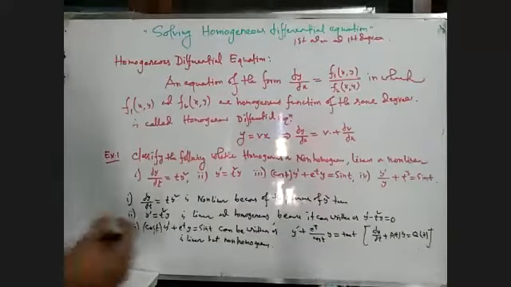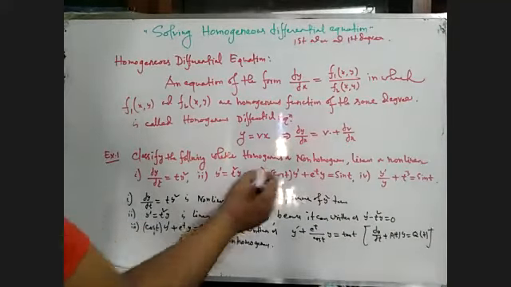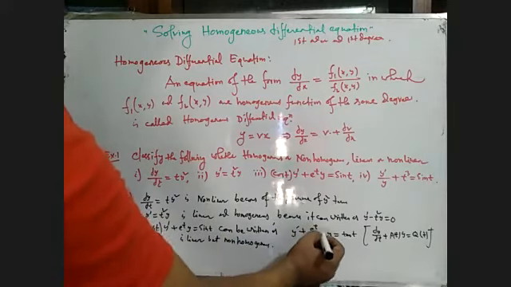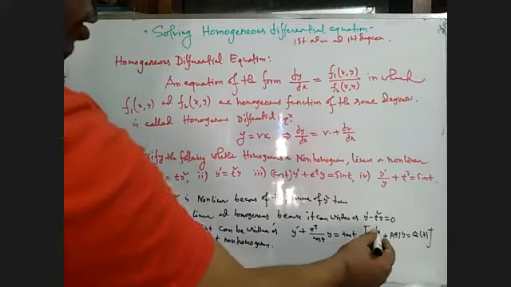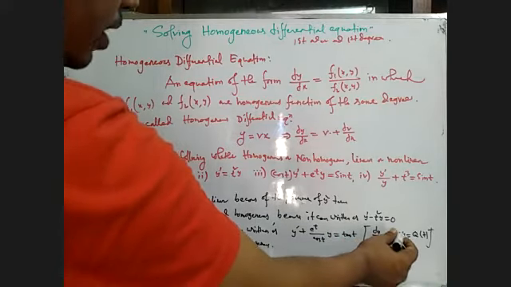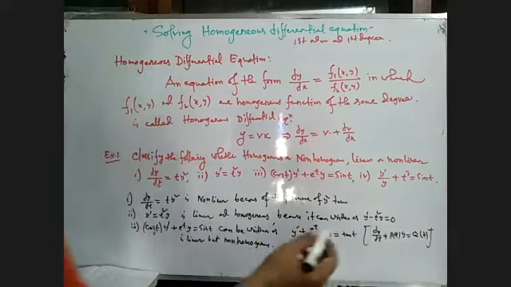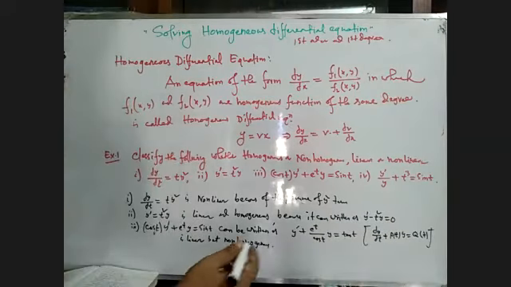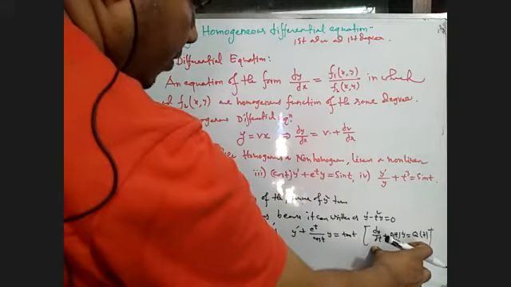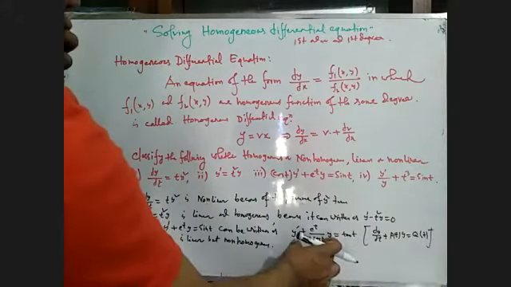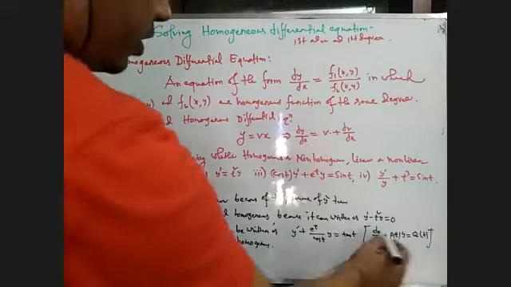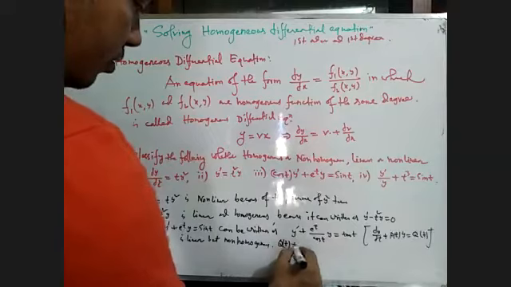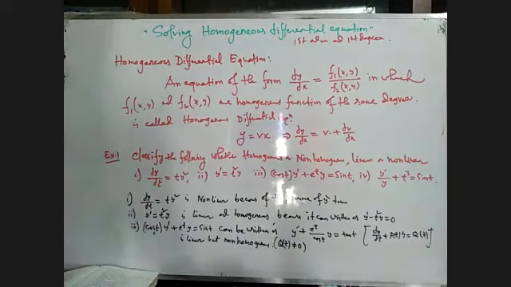So for number 3, this differential equation can be written as y dash plus e^t, that means a function of t only, times y equals tan t. That means it looks like dy/dt plus p(t) y equals q(t), where p and q are functions of t only. Remember it, t means the independent variable. So this is the standard form of a linear differential equation. It is linear but non-homogeneous because q(t) is not equal to 0. Remember it, q(t) is not equal to 0. This is why it is non-homogeneous.